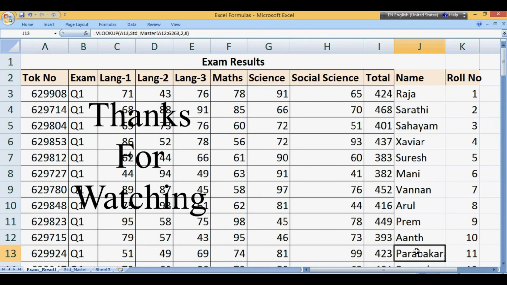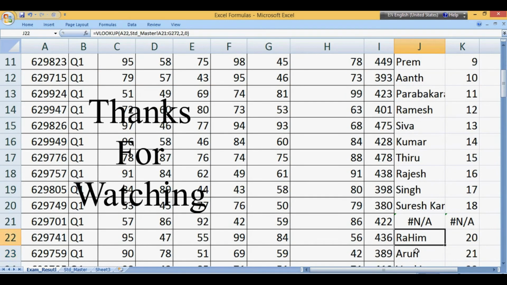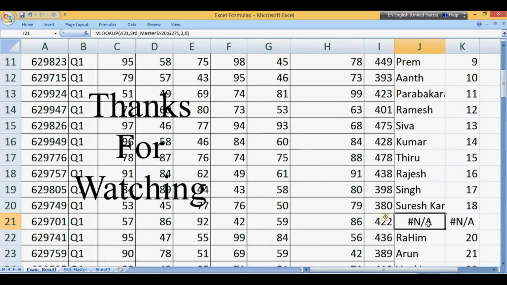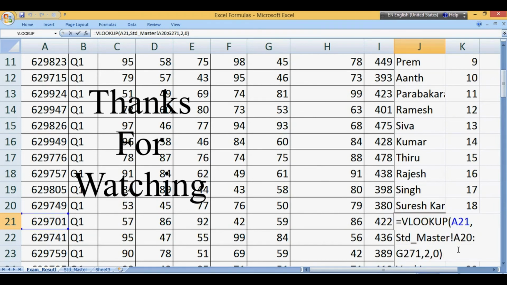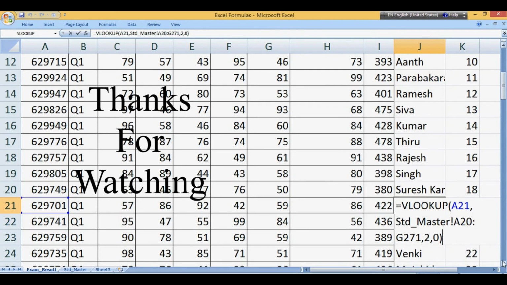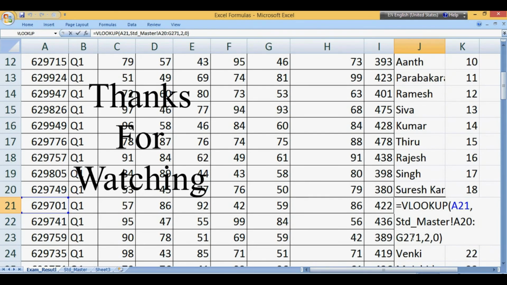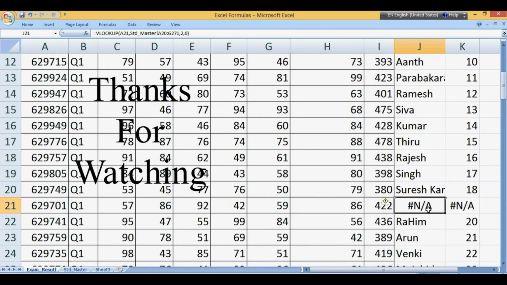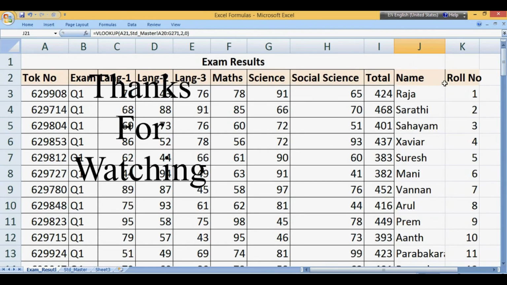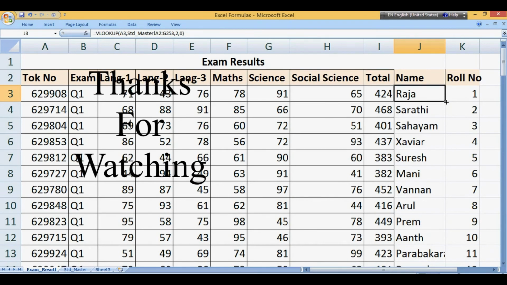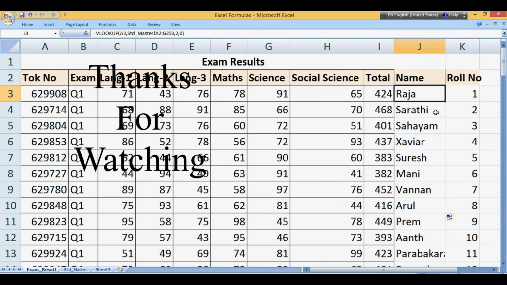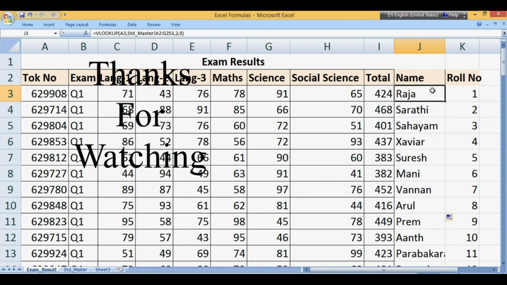Whereas when it comes down to this area, the table which it is searching is A20 to G271. So always when you enter the formula, while filling we usually drag down or copy paste. Due to that the table array will change.